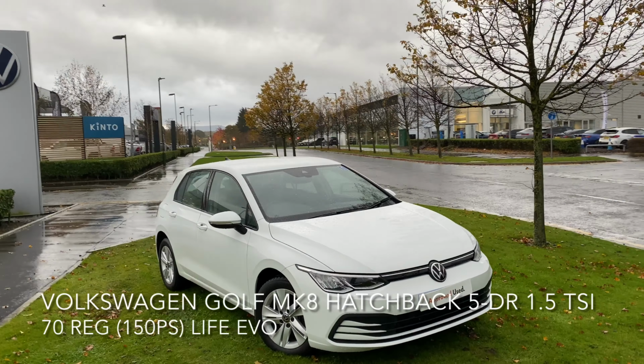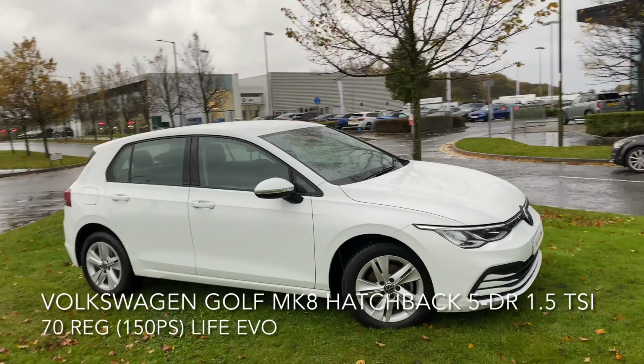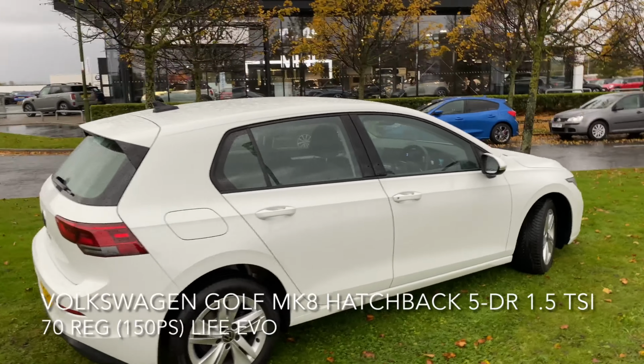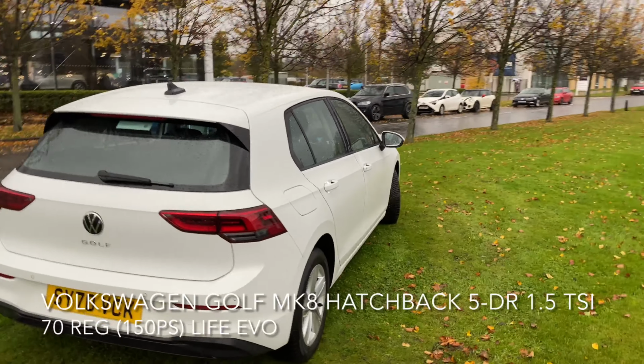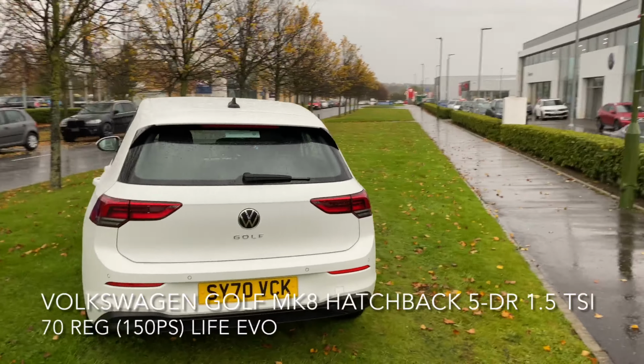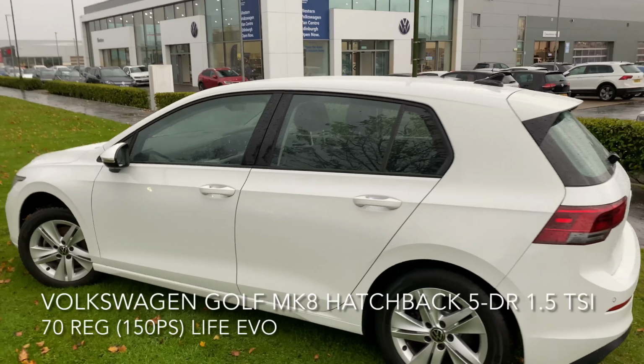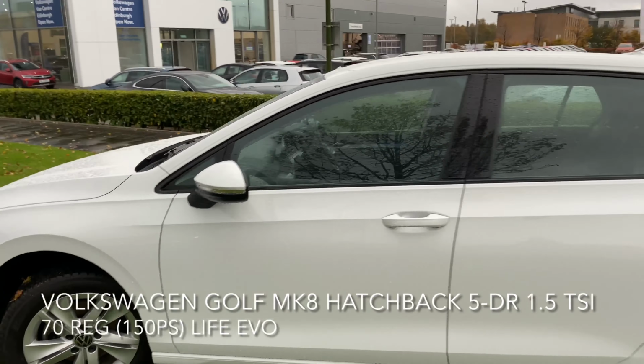Here we have a Volkswagen Golf. It's a Mark 8 hatchback, 1.5 litre TSI Life Evo 150 PS. The car is in great shape and comes with a top spec, including adaptive cruise control with front assist, lane assist, a camera and/or distance sensor, a dynamic roadside display, an eCall emergency call service, and a 16-inch Woodstock